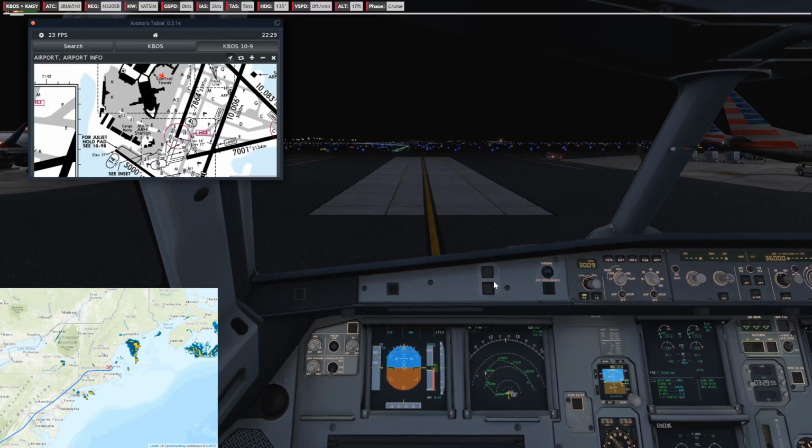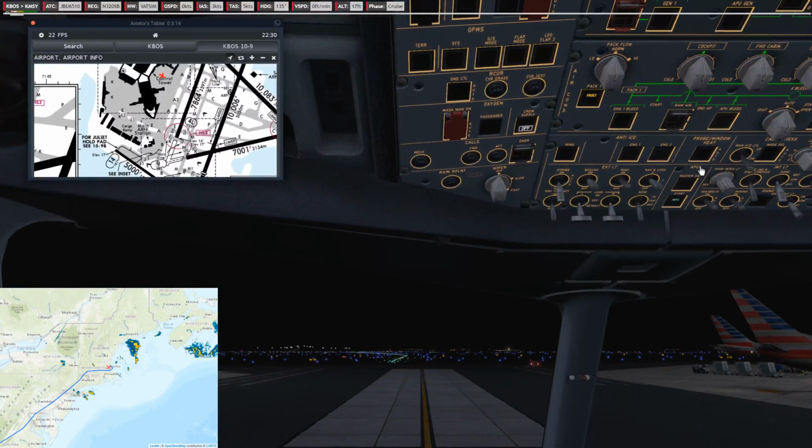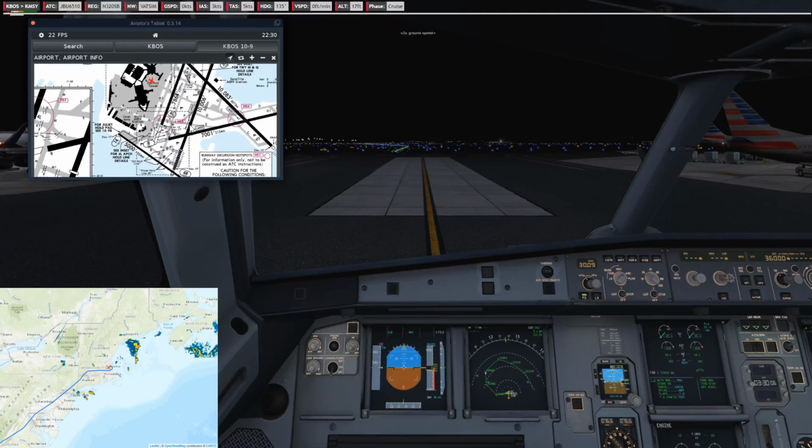I don't know why my throttle just went to 80%, but luckily the parking brake was on. So JetBlue's adding 30 new domestic routes to serve customers in markets where leisure and